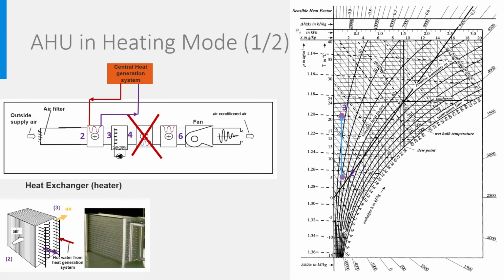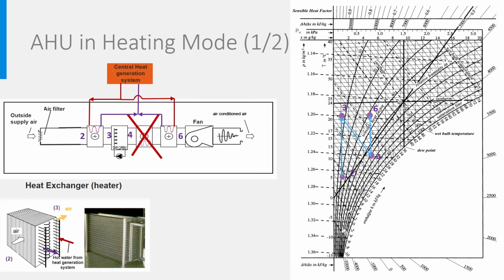If humidification is needed, which would be the case in this example as the humidity of the air is very low, an adiabatic humidifier can be used, by which the air cools down a lot to 0.4 and needs to be reheated by the second heater to 0.6. The second heater is also an electrical one or is connected to the central heating system.